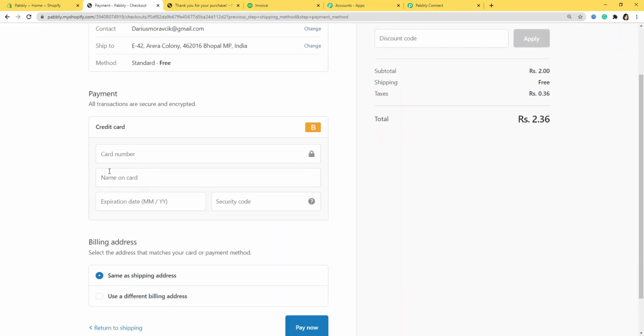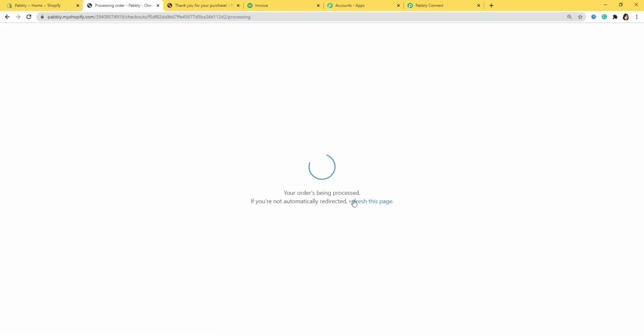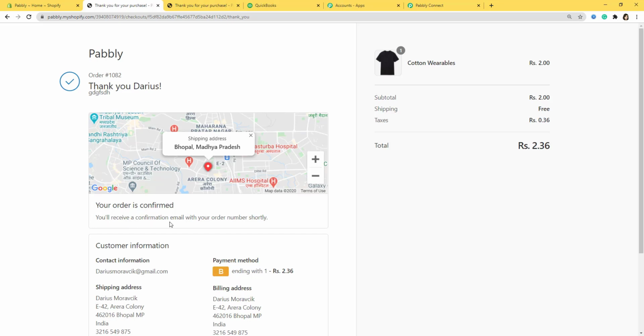Now I have to enter payment details. I'll enter bogus gateway, expiry date, security code. I'll pay now. Our order is being processed. Yes, our order is being confirmed.